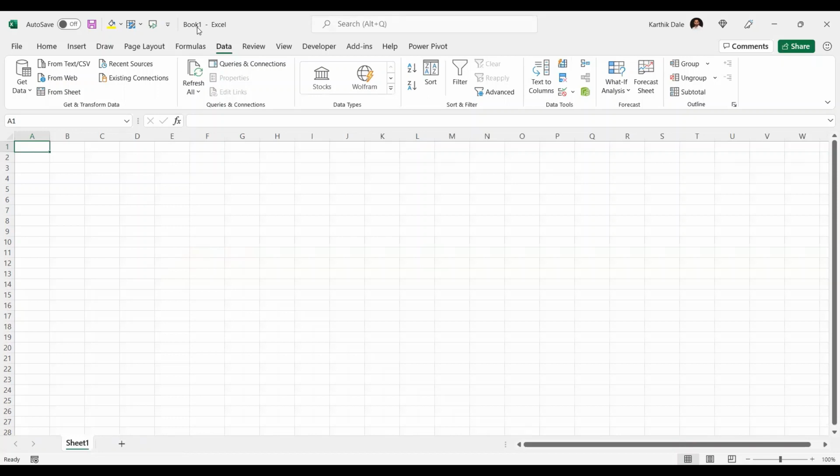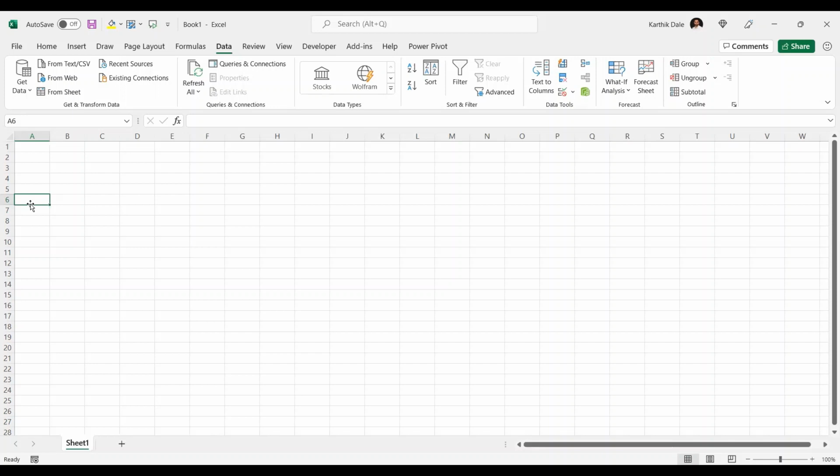In general, if you are not aware of coding, that VBA macros, you need to do it one by one: copy paste, open the workbook, copy it and paste it here. Again, close that workbook and open another workbook, append below it and so on. This manual work we need to do every day, which we want to get rid of and automate now. And let's assume we are not aware of VBA macros.